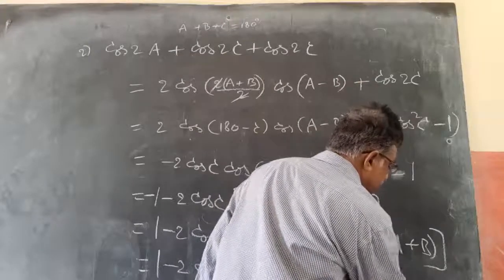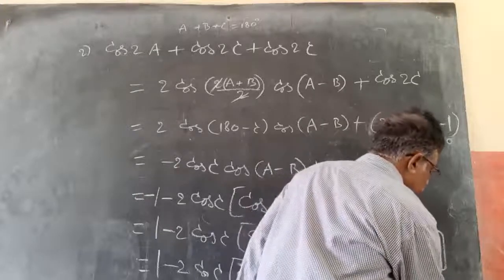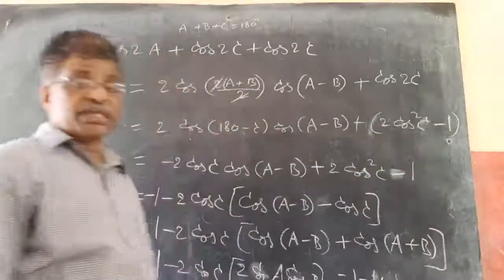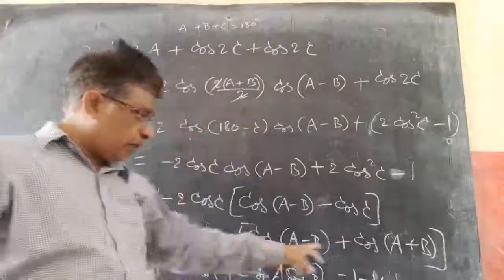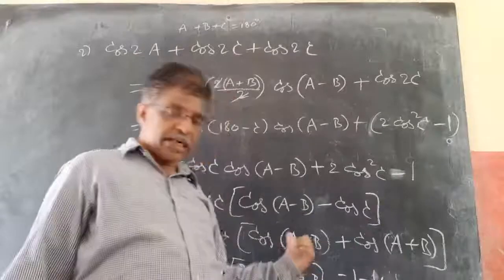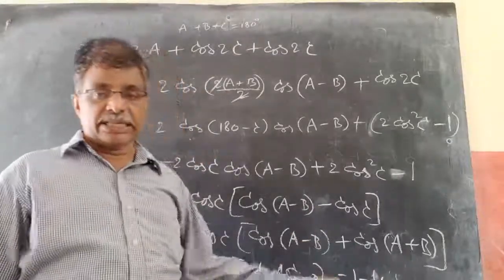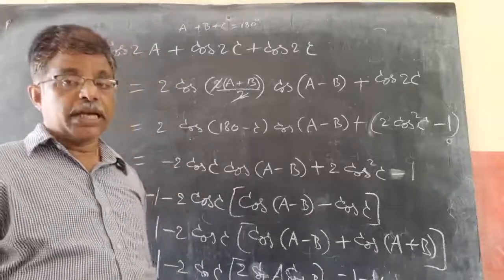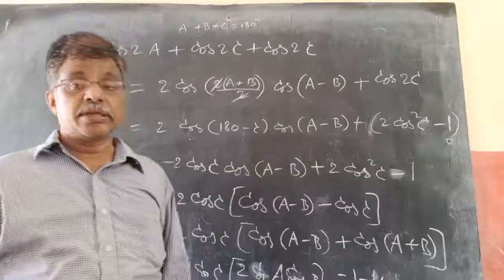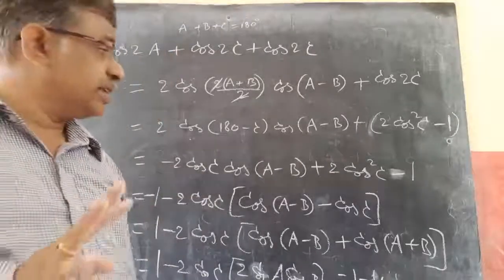So like this, even if the sum is changed, you can do using the same formula. Only formula differs, but the procedure is same. If it is minus, automatically this final formula changed. Cos a plus b plus cos a minus b, that is 2 cos a cos b. If it is minus, 2 sin a sin b. So depending on those transformation formulas, we can do any of these 10 sums. You will definitely get 7 marks very easily.